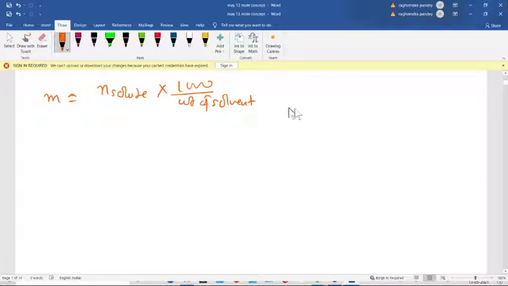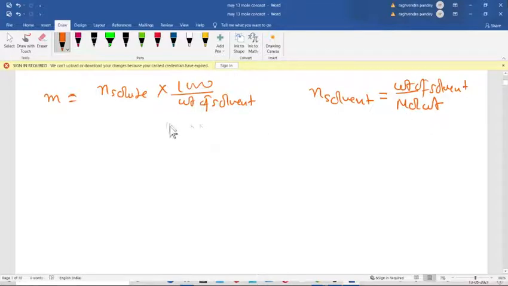Now we know that moles of solvent is equal to weight of solvent divided by the molecular weight. Now this weight of solvent we are replacing by number of moles of solvent into molecular weight. So this we can write